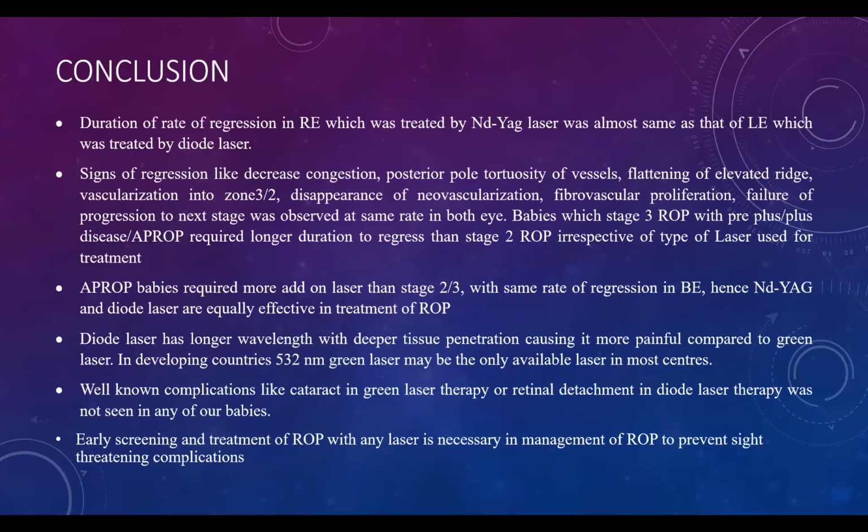So in our study, the conclusion was that the duration of rate of regression in the right eye, which was treated by Nd:YAG laser, was almost the same as that of the left eye, which was treated by diode. And signs of regression like decreased congestion, posterior pole tortuosity, flattening of elevated edges, vascularization into zone 3 or 2,